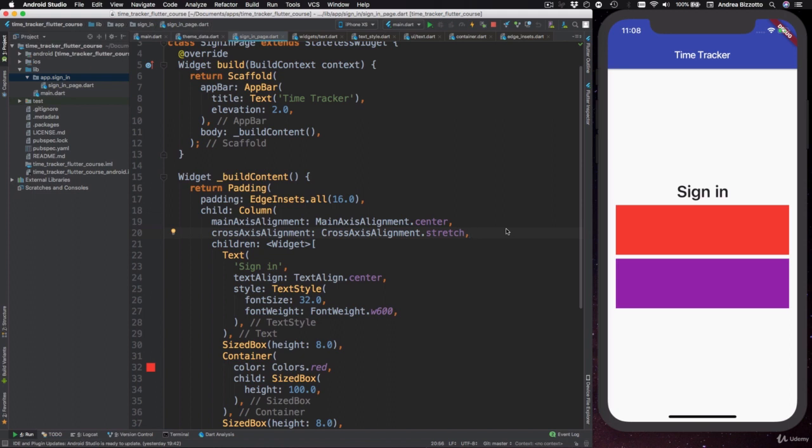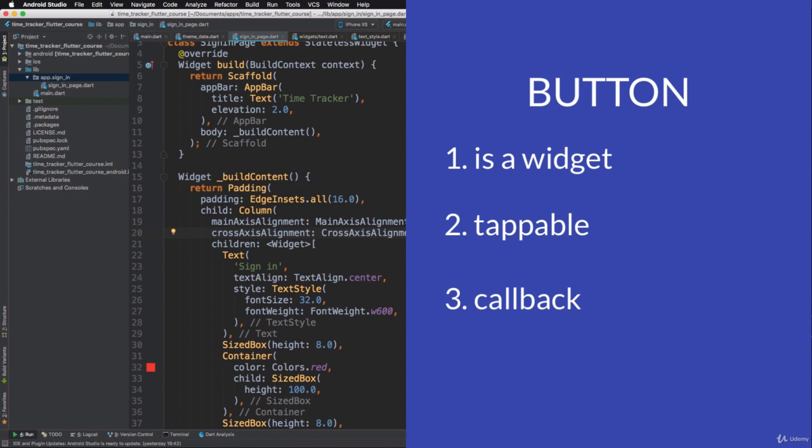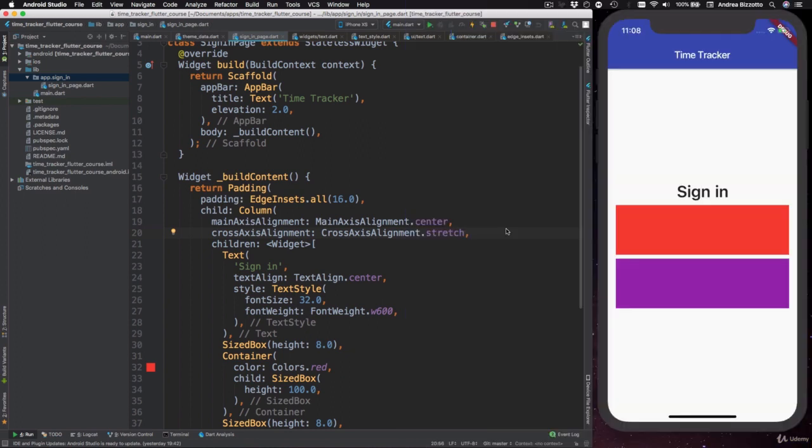And there are three main things that you need to know. A button is a widget. The user can interact with the button by tapping on it. And when the button is pressed, we can be notified with a callback. Now, a callback is simply a method that is called for us, and we can use it to perform some